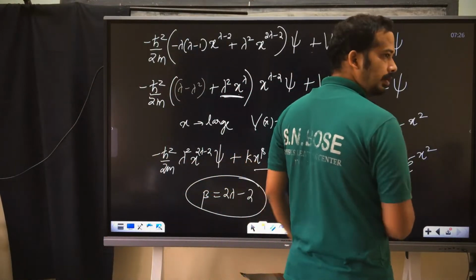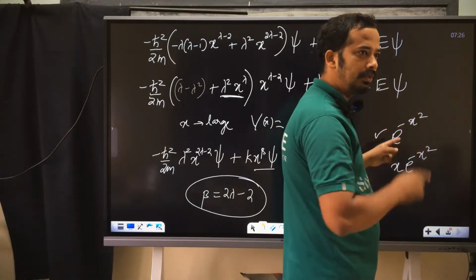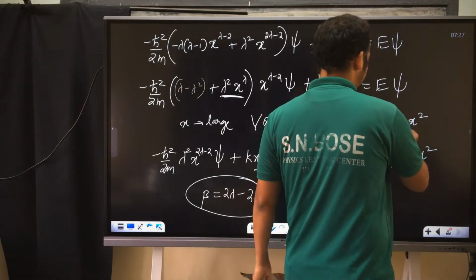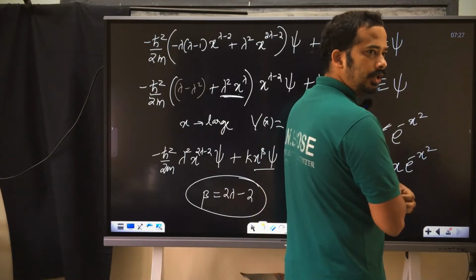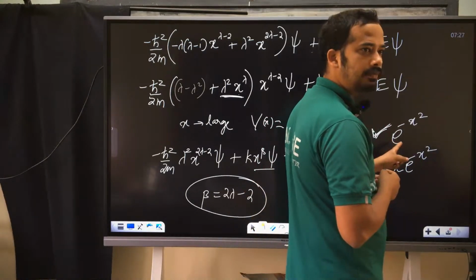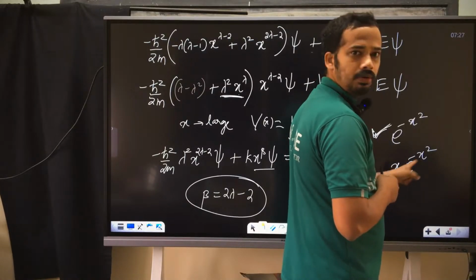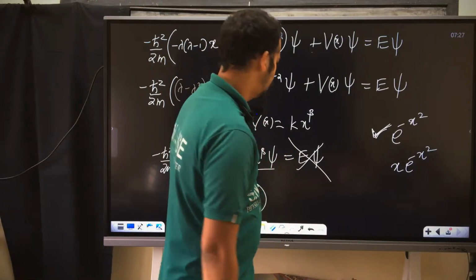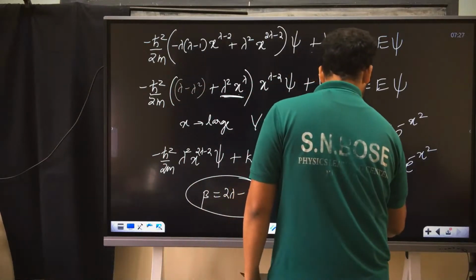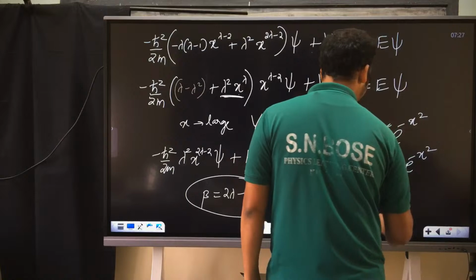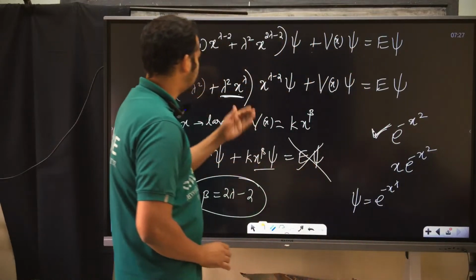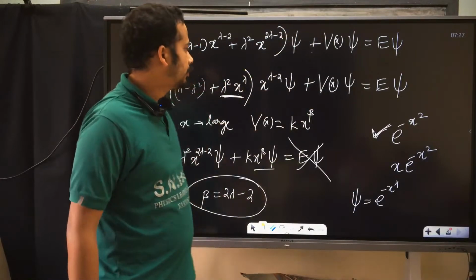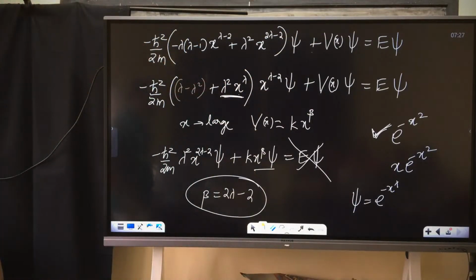As x is very large, which one will go faster to 0? I hope this should go faster to 0. Why? Because it does not have a multiplicative factor. This may go slowly to 0, slower than this one. That's what I'm saying. You have psi equal to e power minus x power lambda. You have only psi here, but on these two sides, along with psi, you have some positive powers of x. Am I right?